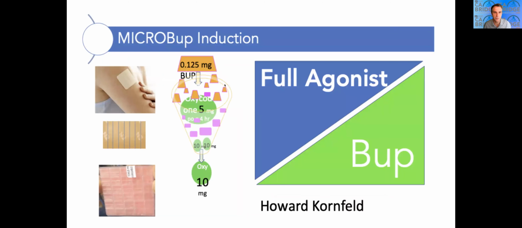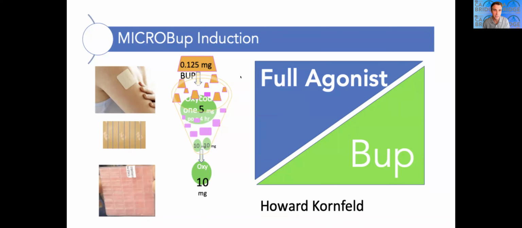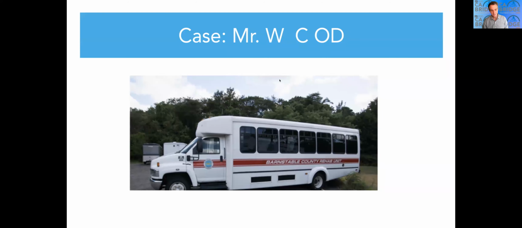I could talk about microdosing, but microdosing is really for inpatient medicine, or if you're a pain specialist combining prescription of a full agonist with prescription of buprenorphine. I really don't support encouraging or endorsing that someone continue to use fentanyl or whatever on the outpatient side and then escalate the BUP. I really think that if you're going to do a microdose strategy in the outpatient setting, you should take on the risk and prescribe them morphine, right? So document pain and prescribe them both. That's my opinion. Okay, so let's do some cases and wrap up.